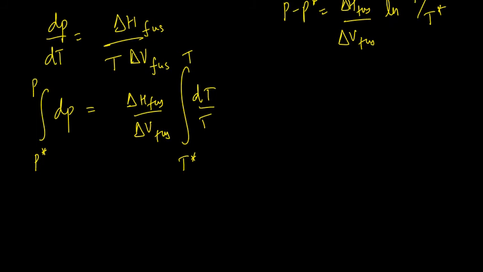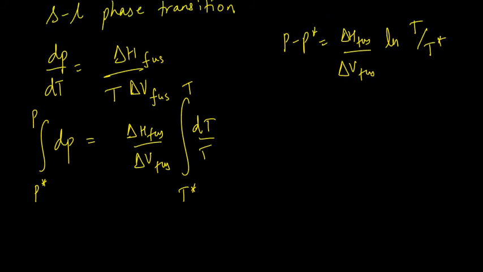So if the temperature is small, then this particular log T by T star I can actually write as log of 1 plus (T minus T star) by T star. This fellow is a very small number because T and T star are close by. So it's like log of 1 plus x is equal to x minus higher terms, and all the square and cube terms I can just dump because it's a very small number. So I could just write straight away as